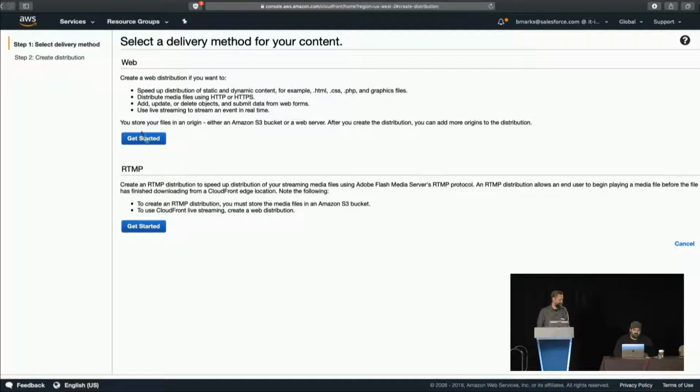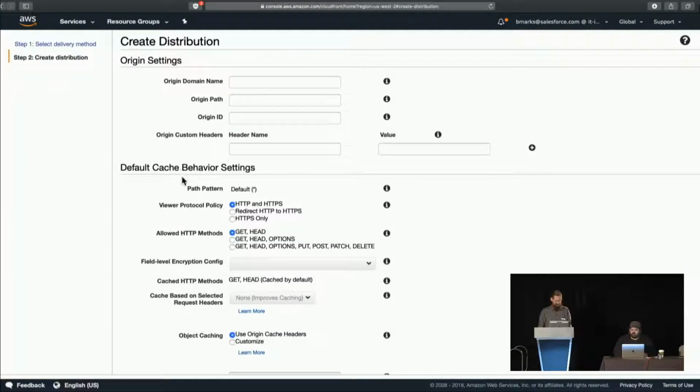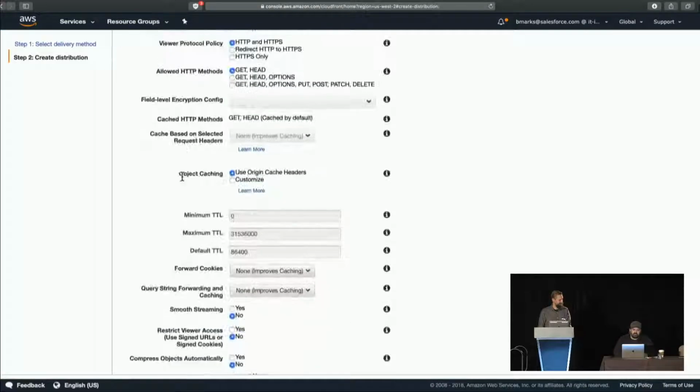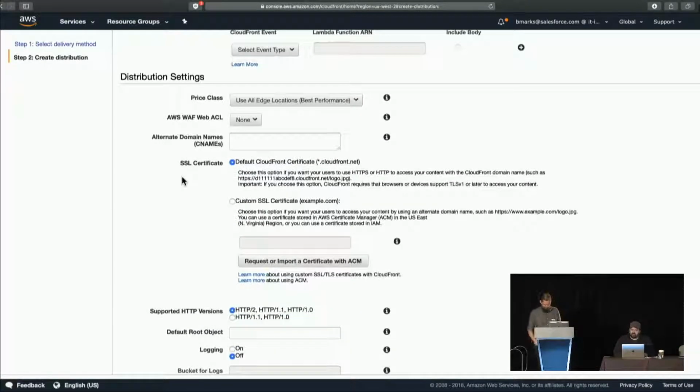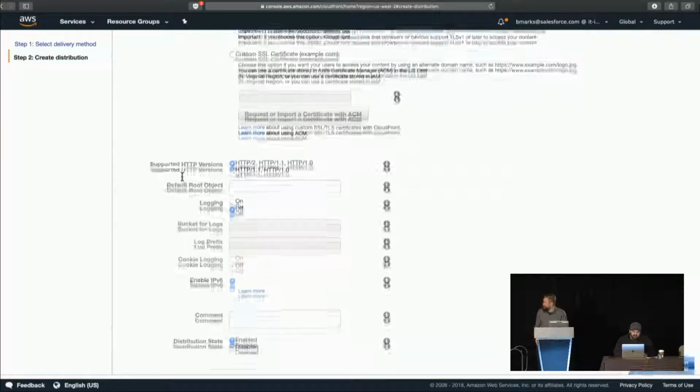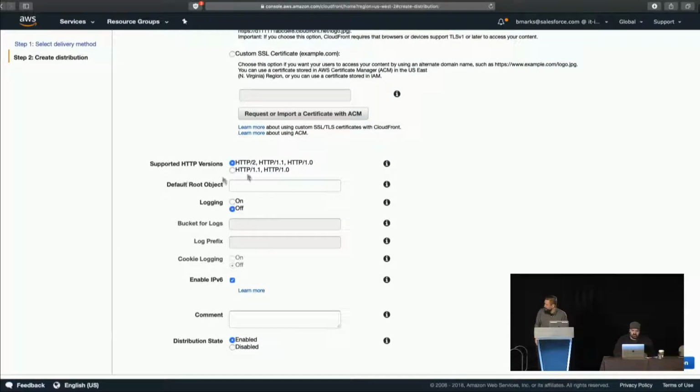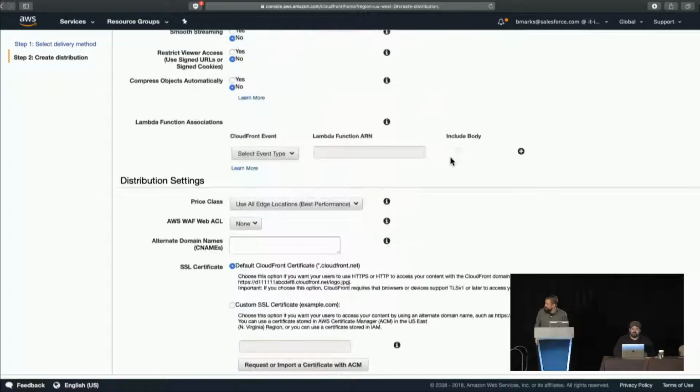I do know we need the web one, and there are a lot of different options here. Again, this is one that I didn't set up. But again, these rollovers are great, and this is an optional feature too. You don't need to